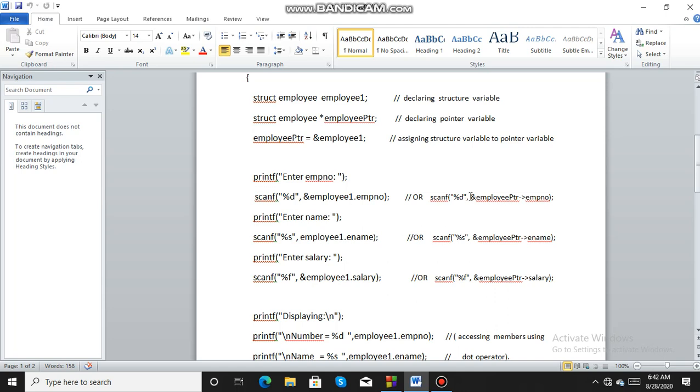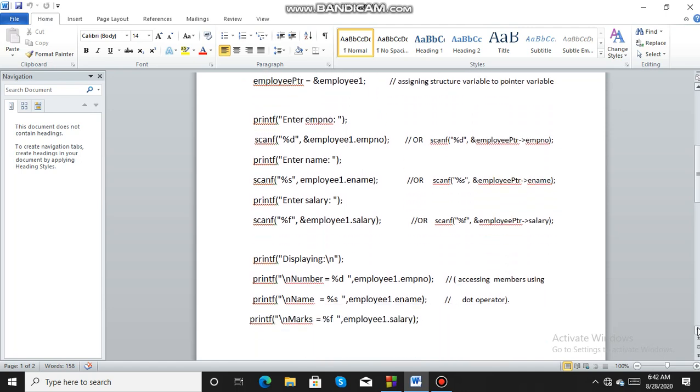Or you can use the pointer variable arrow employee number, pointer variable arrow ename, and so on. In both cases you can assign the values to the structure members. This is called dot notation. This arrow is called selection notation, and then there is another notation called indirection notation, which we will discuss later.